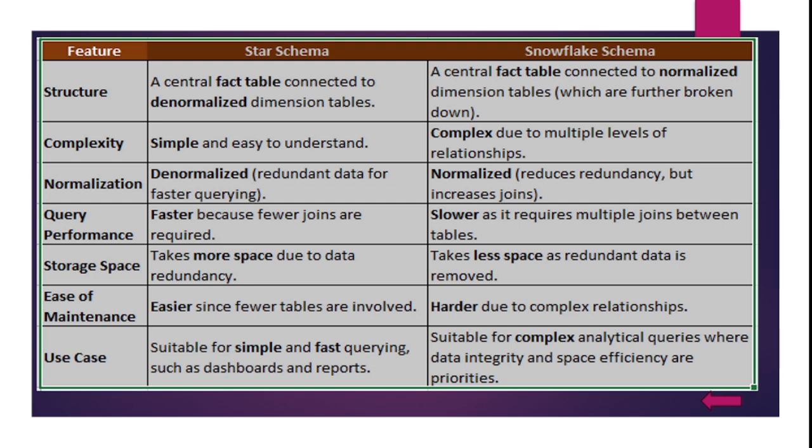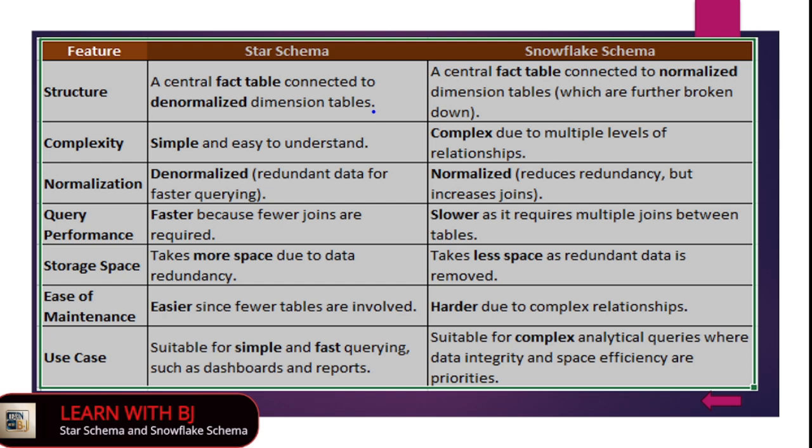So down here we have the differences in terms of features. So the first here is we are saying that we have a feature for structure, and then we are saying that when it is a star schema, a central fact table connected to a denormalized dimension table. So denormalization is holding all the data within a single table, as opposed to breaking them down into smaller tables. Like now we have